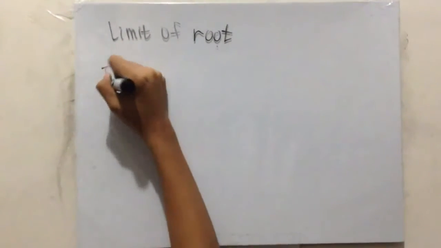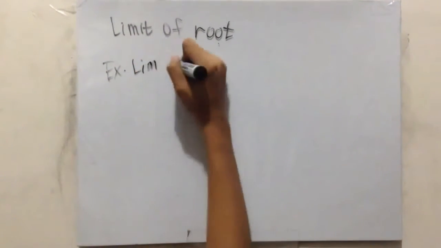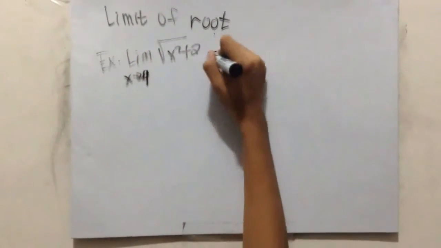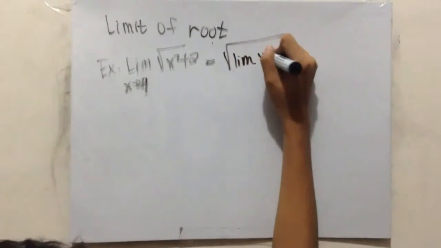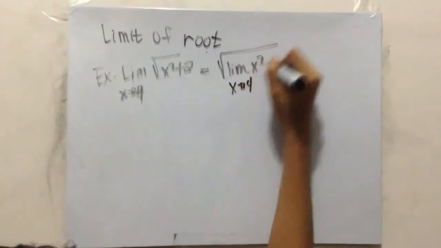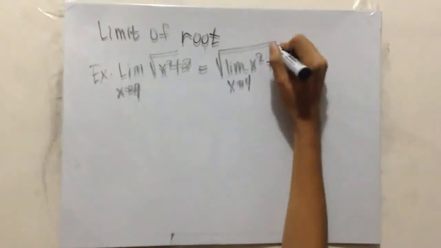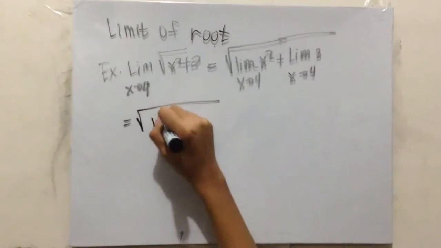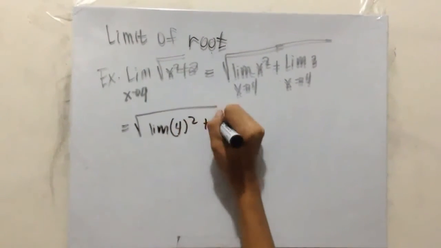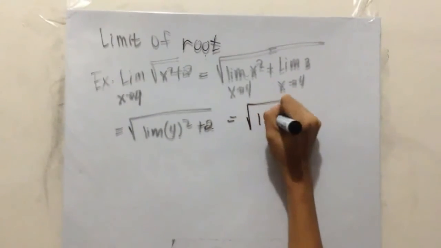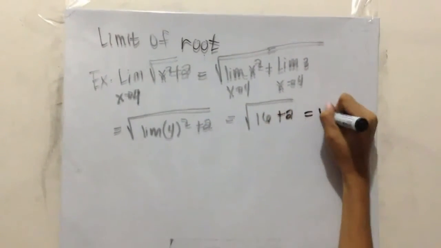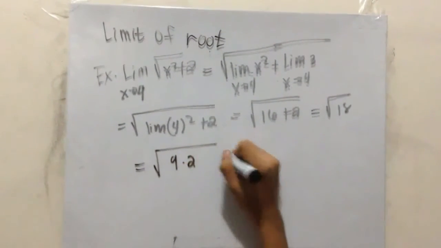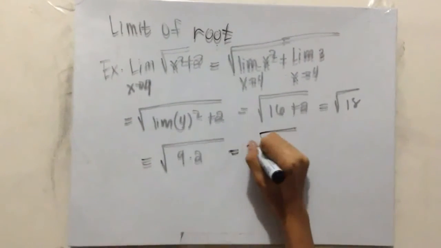So for the last example in the limit of a root of a function, we have the limit of the square root of x squared plus 2 as x approaches 4. We'll separate the two terms: the limit of x squared as x approaches 4 plus the limit of 2 as x approaches 4. By applying the rule of a function of x, we will get 4 squared, plus 2 by the constant theorem. We'll get the square root of 16 plus 2, which is equal to the square root of 18, and the square root of 18 can be factored out as 9 times 2, and 9 is a perfect square, so that